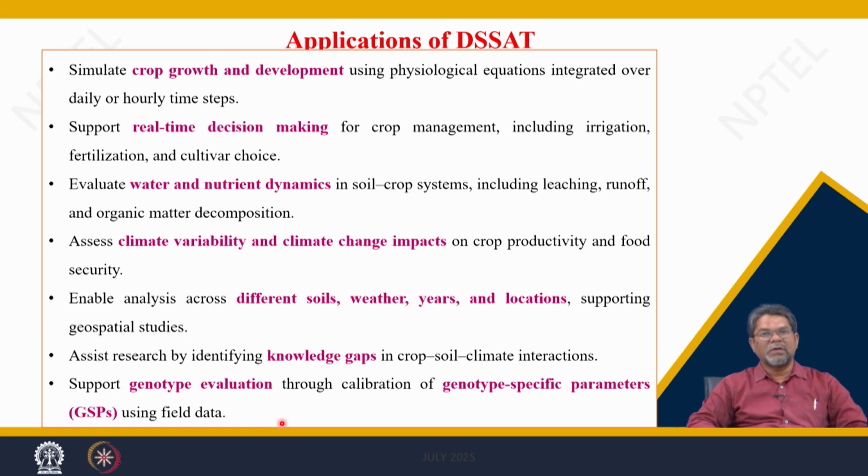And if you do not have adequate field data for estimation of genotype parameters, we will discuss what you can do in the hands-on exercise. The genotype parameters are a set of data that indicate the genetic coefficients of a particular cultivar or variety that you can use in your model. If you do not have a proper experiment to calculate these parameters, you can use a reference variety from the existing module available in this model, and you can change it as per your experimental conditions.